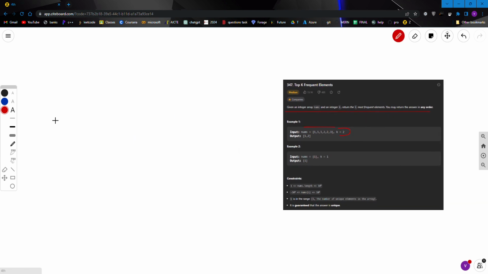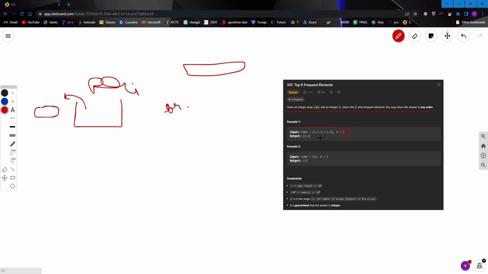So how can we solve this question? In order to solve this question, we can maintain a priority queue, because a priority queue will give us the maximum value, or the top value as the maximum count value. So first we can make a frequency map. By frequency map, I mean I am going to iterate through the elements of the array and update their frequency.